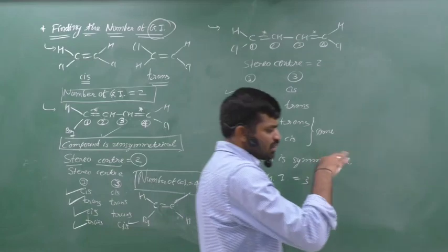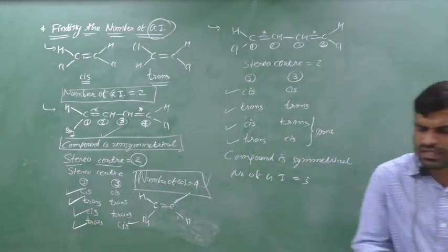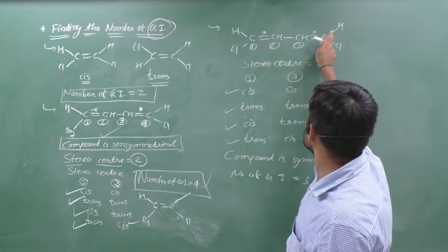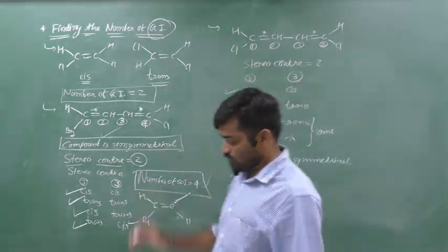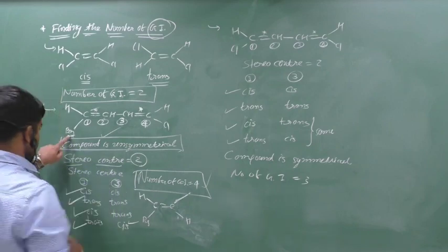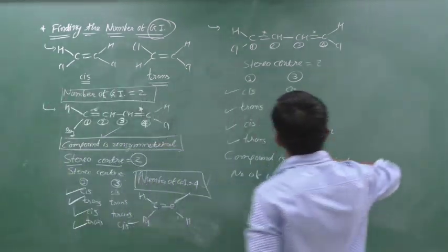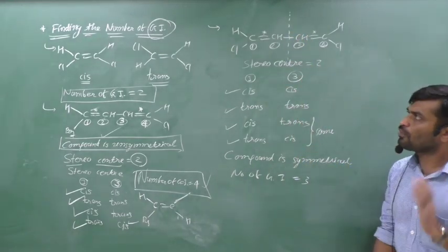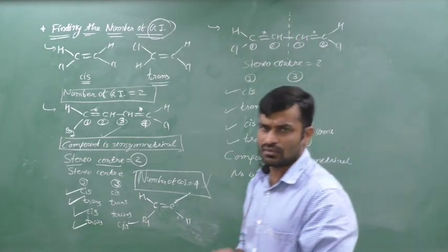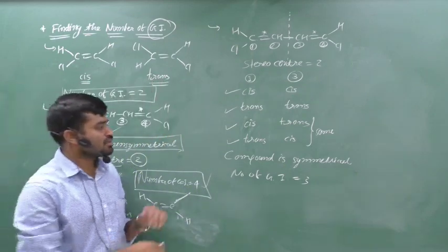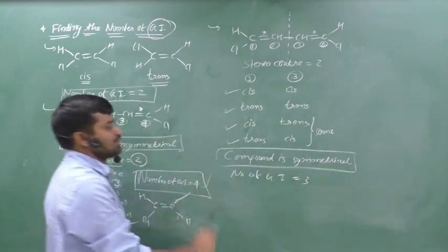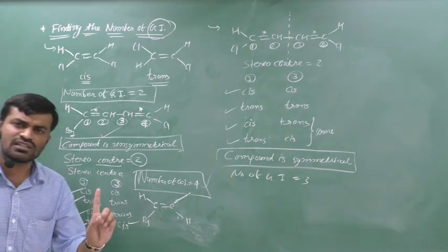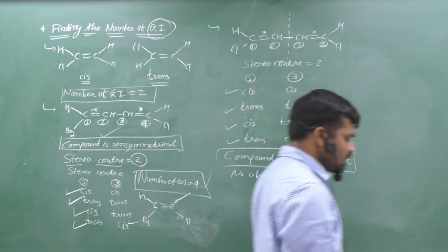Now, suppose the arrangement is like that. The compound is the same from the point of view of arrangement. H, C double bond CH, CH double bond CH, Cl and Cl. The difference is only and only that here it is Br and here Cl. Now if we cut this compound from the middle, we get 2 equal halves. Therefore, I can say that the compound is symmetrical. All are same. One condition is changed: it was unsymmetrical, now it is symmetrical.